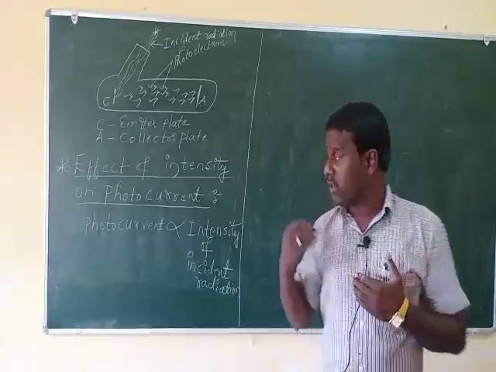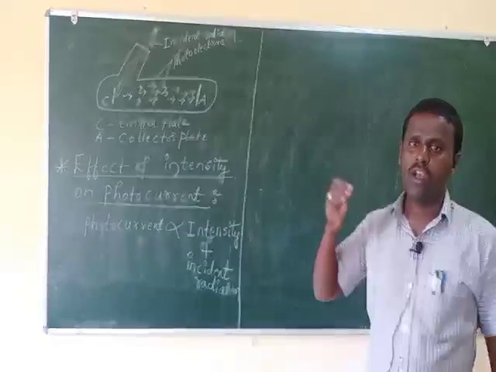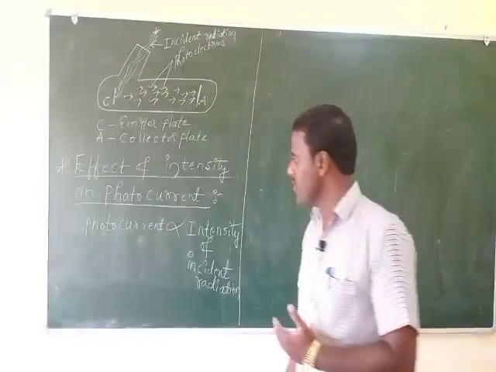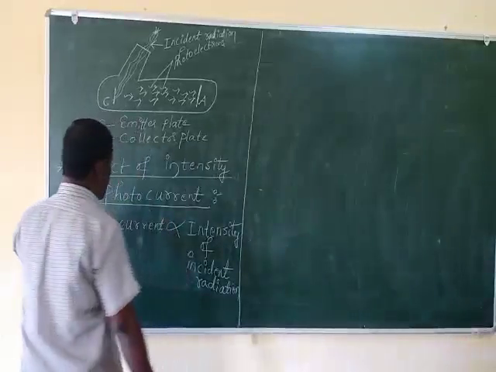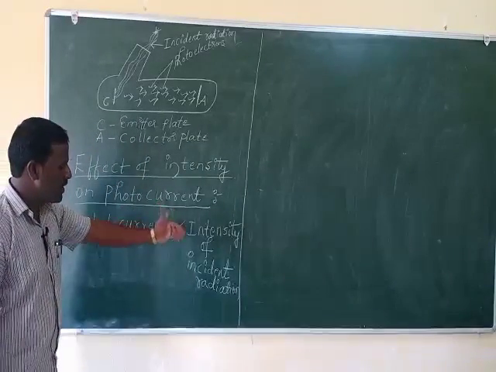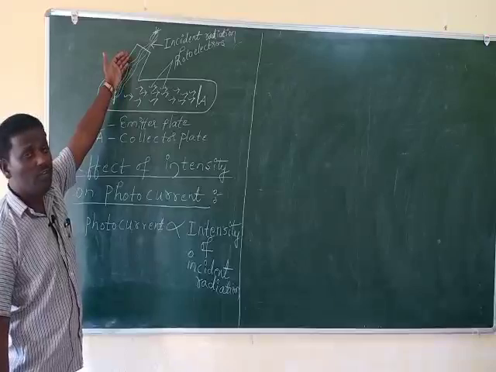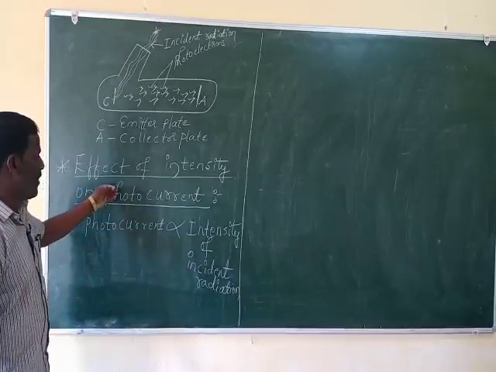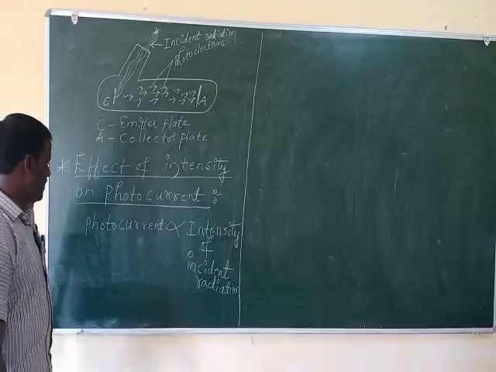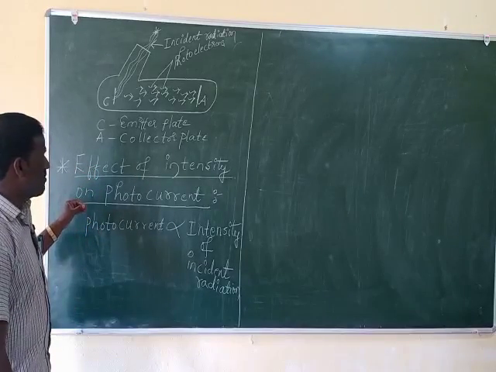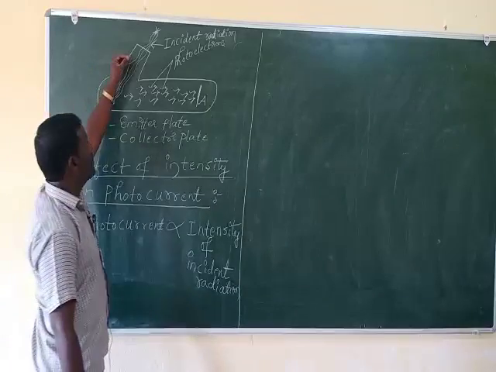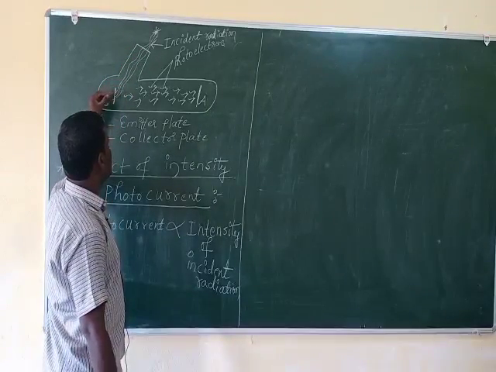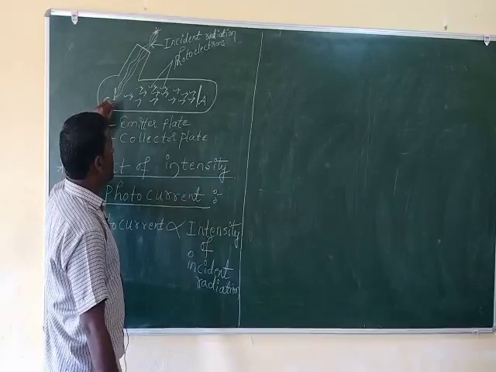When more number of electrons are flowing, the value of photocurrent increases. So here intensity is directly proportional to the photocurrent. As the intensity of incident radiation, that means light, increases, the value of photocurrent also increases. So remember, if the intensity is minimum, a minimum number of electrons are removed from the plate C, and the value